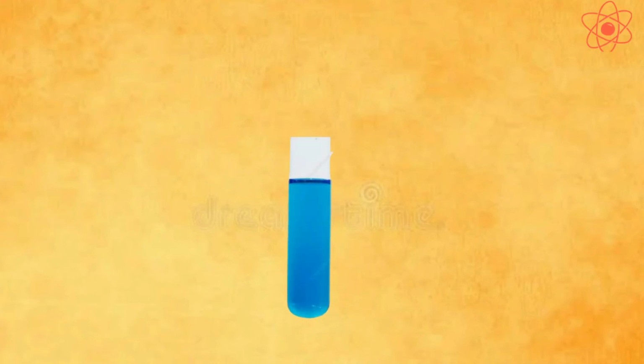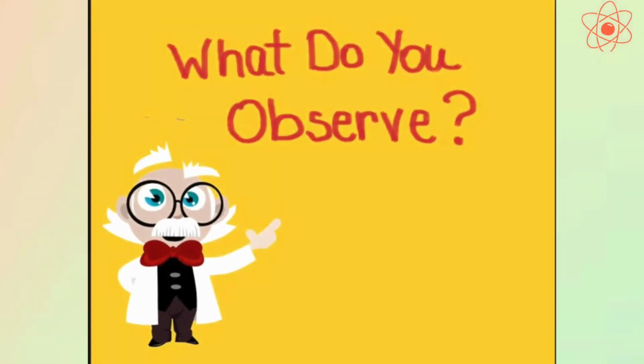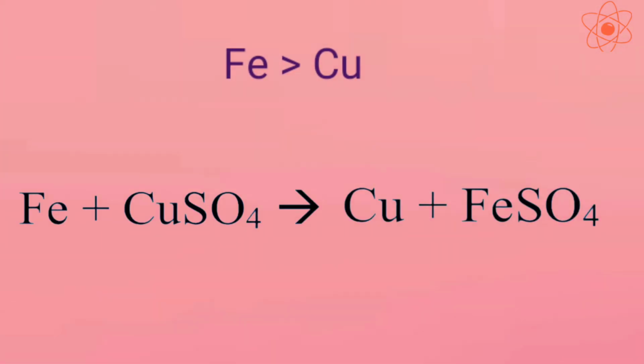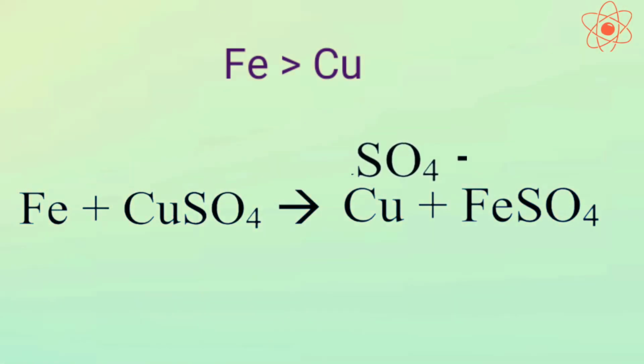Take copper sulfate solution in a test tube. Place an iron nail in the solution and leave it for some time. What do you observe? You will find that after some time the color of the solution changes into green and there is reddish brown deposition on the nail. This shows that iron is more reactive than copper, so it displaces copper from the copper sulfate solution and forms